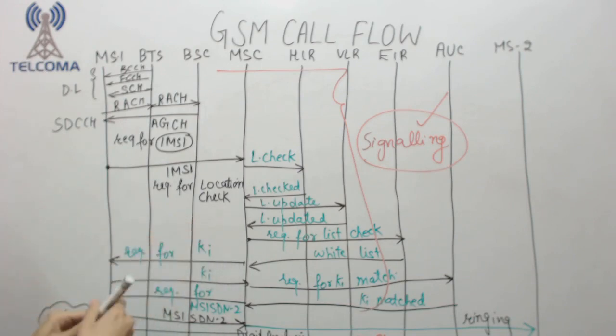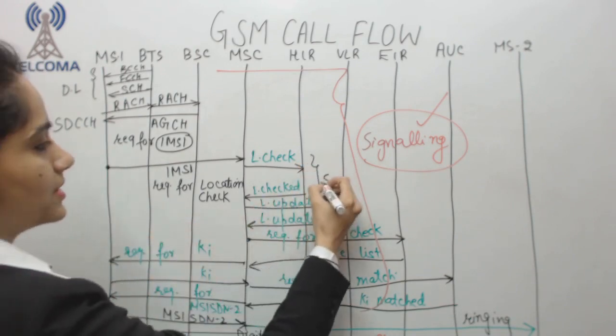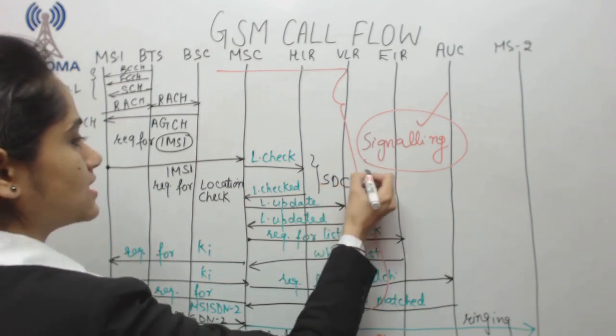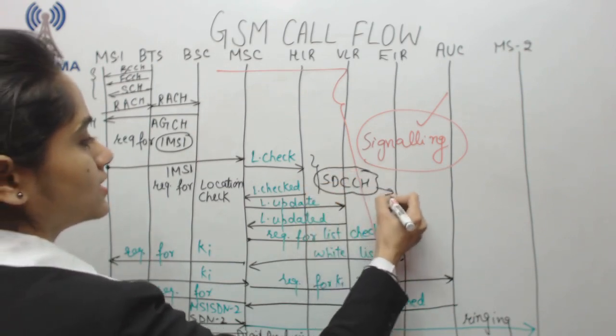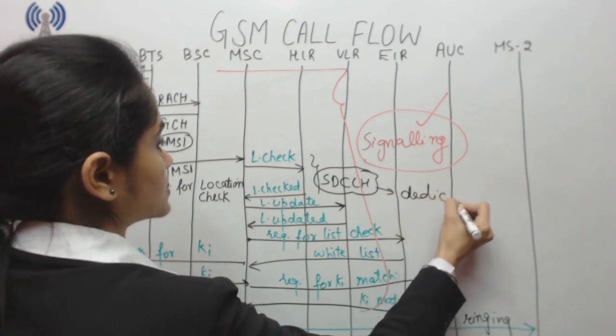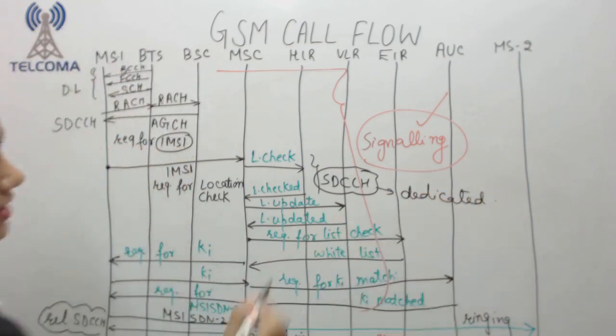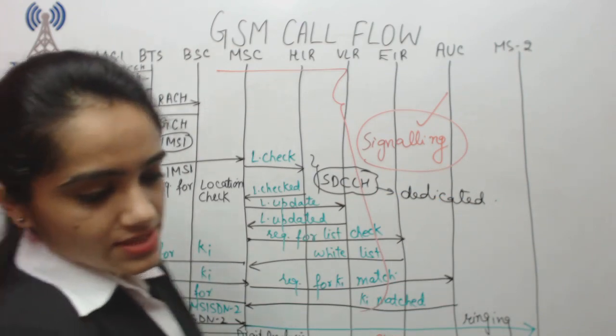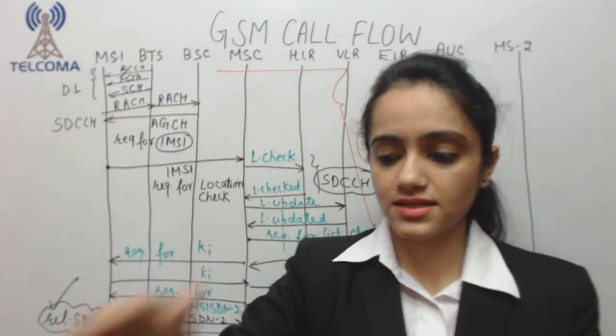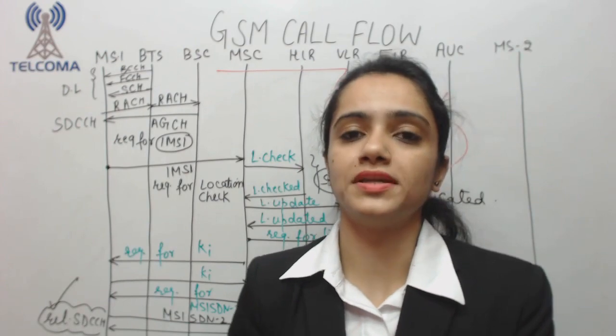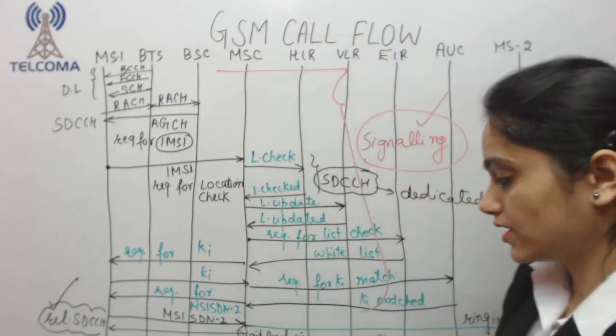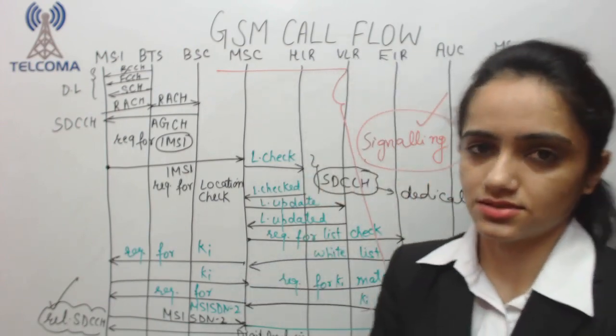This is signaling. Now each and every message that is happening is on SDCCH. That's why it is a dedicated channel, because it is dedicated for an interval of time till we make a request of release. If suddenly during signaling there is an interruption, we call it SDCCH drop. During a call, if there is an interruption, it is TCH drop.